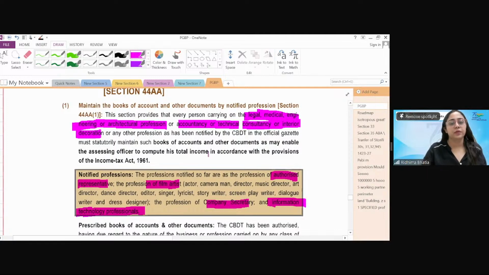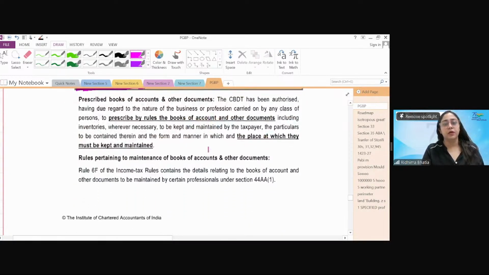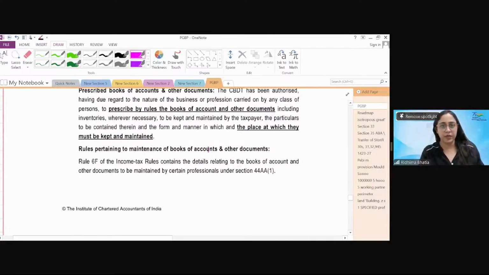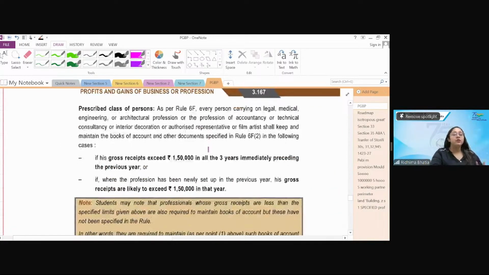Okay. Now, but what are the books of accounts I have to maintain? See, generally it is not specified. But for these specified professions, Rule 6F applies, where they specifically say that if you are in a specified profession and if your turnover, well, turnover is not used for a profession, the word gross receipts is used. If your gross receipts exceed 1,50,000 in all 3 years immediately preceding the previous year, then Rule 6F gets applied,